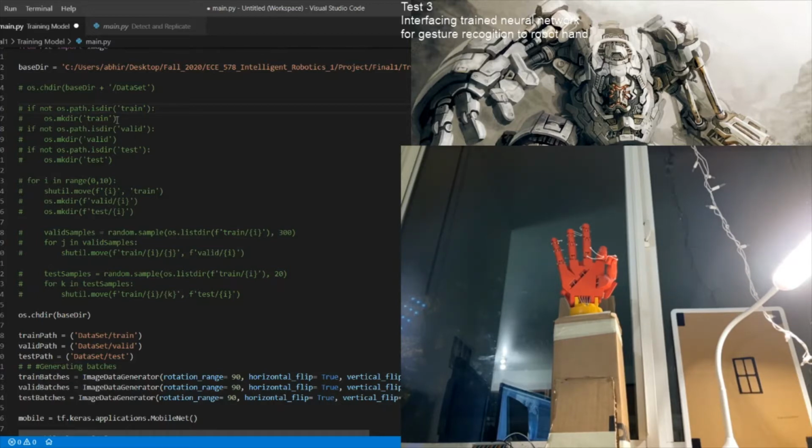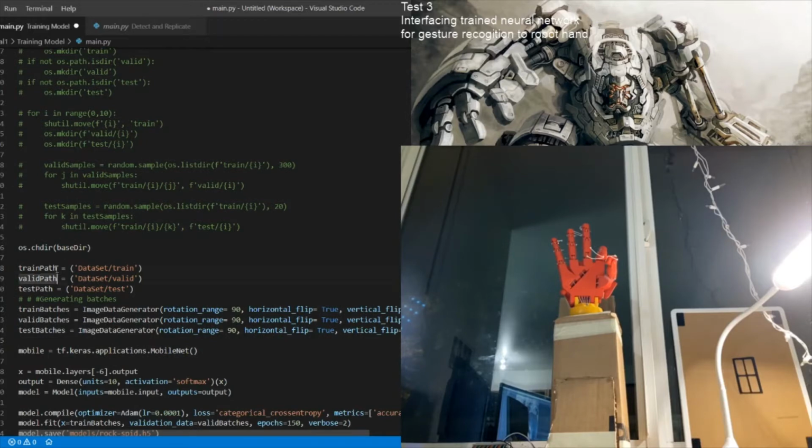In each of the train, valid, and test subfolders, they will have another 10 folders corresponding to each of the gestures. Here we are setting those train, valid, and test paths which will be required. To train the model, we will require all these training data set and what class it corresponds to.